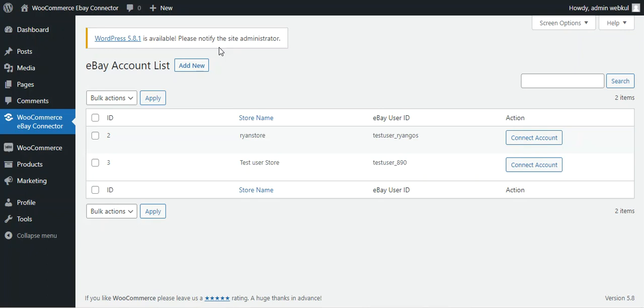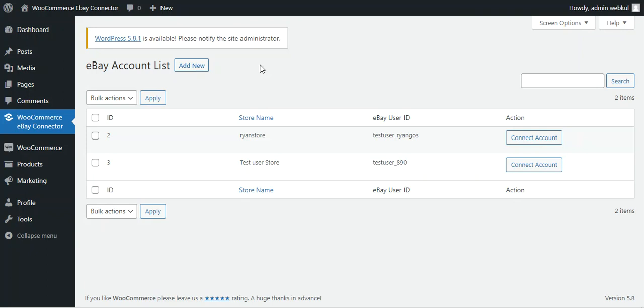Now in today's video tutorial, I'll be taking you through the workflow for the WooCommerce eBay connector in the admin's backend panel after the successful installation of this particular plugin. I'll be showing you how to add a new account, the general eBay configuration settings after we have set up an account, how we can set up the return settings, shipping listing settings, and the real-time and sync settings under the general eBay configuration settings. Also kindly note that you can add multiple eBay accounts under the WooCommerce eBay connector, and both of these can be worked through at the same time.